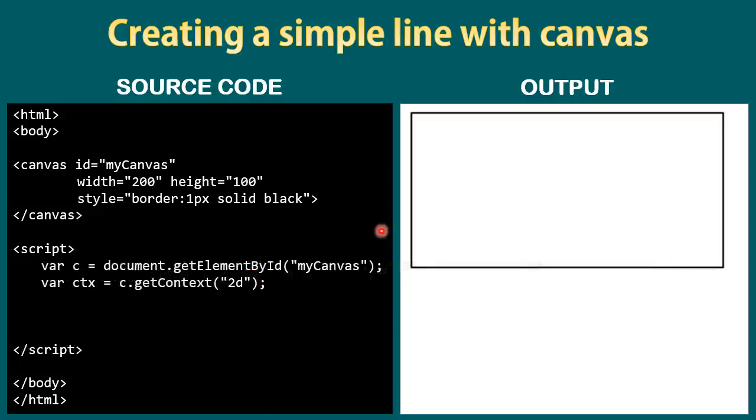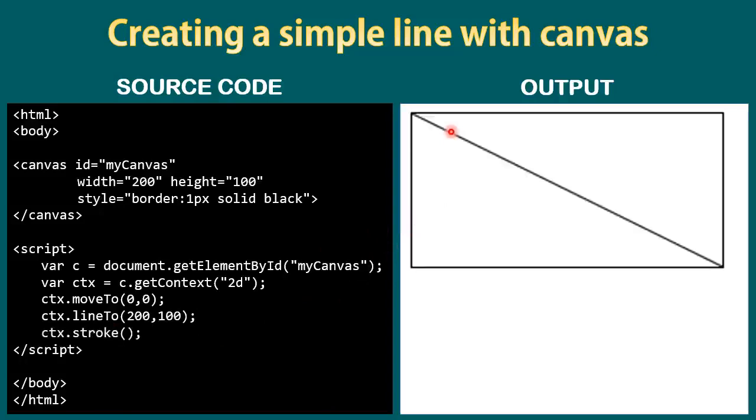We use two different functions to create a line. We have to mention the starting point of the line and the ending point of the line. First, we use the method moveTo with the coordinate 0, 0, and then the function lineTo. This defines the ending point of the line. Now, if you refresh, nothing will happen in the output. To get things displayed, we will be using this function stroke to see the output on the screen. Now we can see a line is drawn.